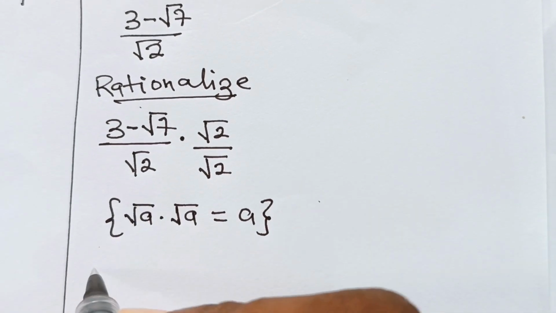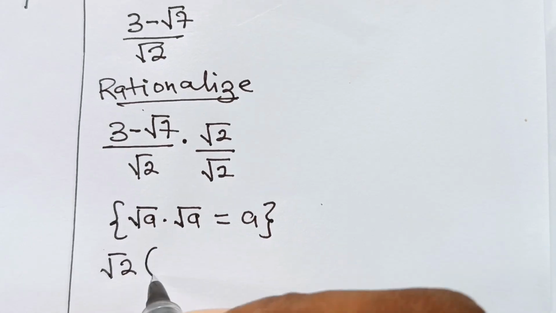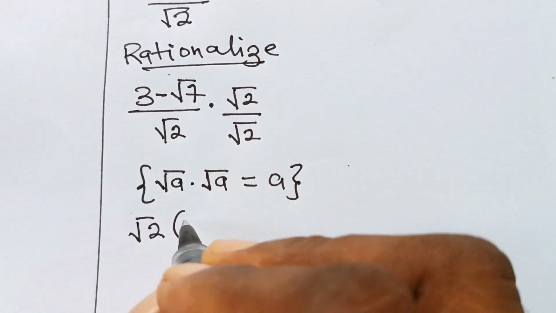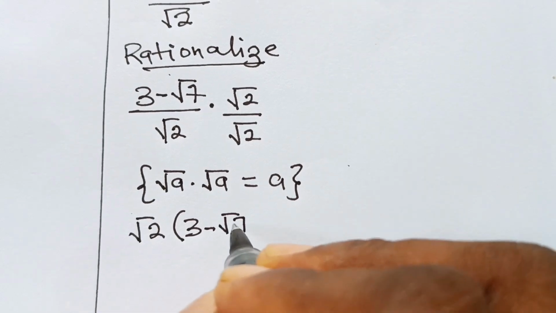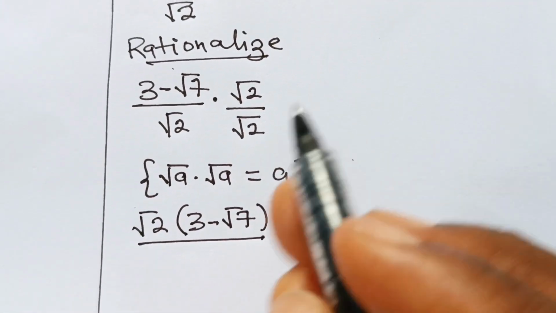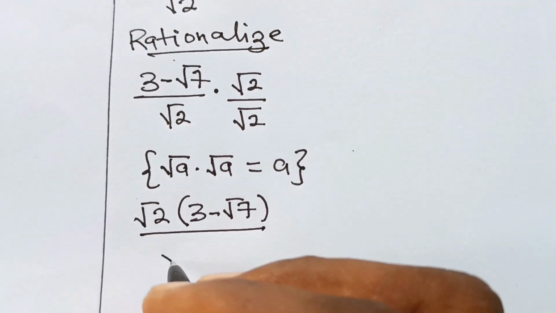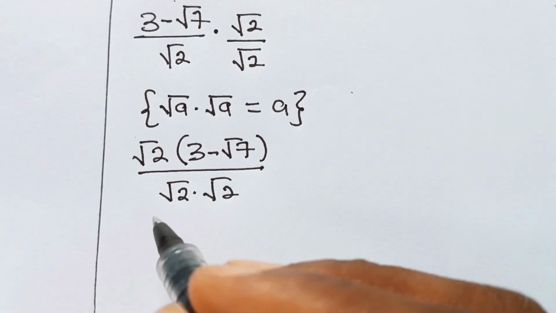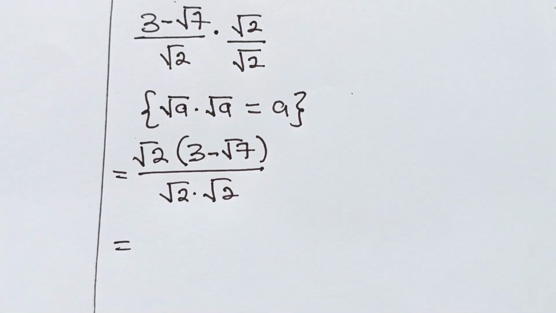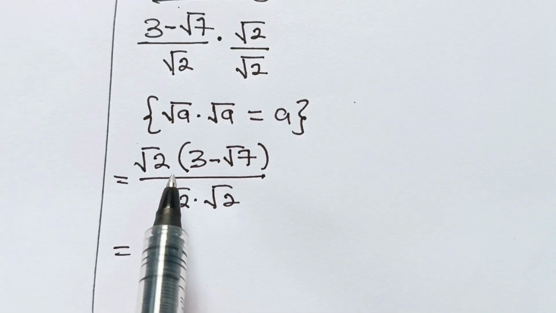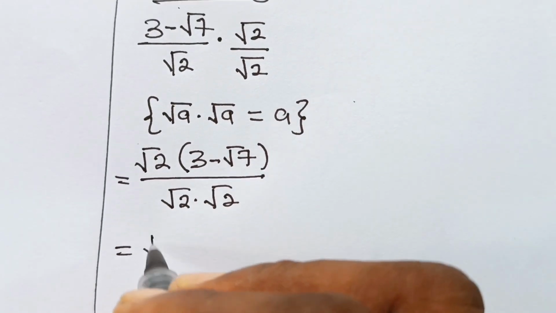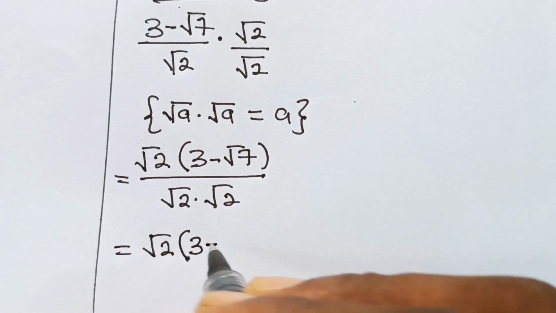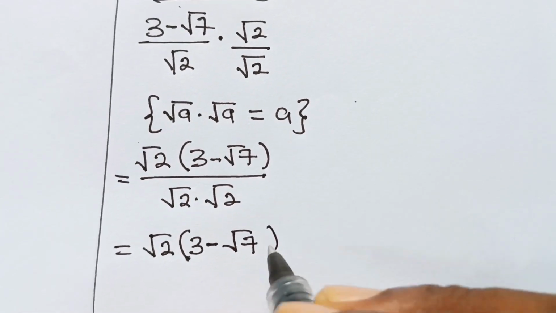So this will be root 2 bracket 3 minus root 7 divided by root 2 multiplied by root 2. This is equal to, now we can write this as square root of 2 multiplied by 3 minus root 7